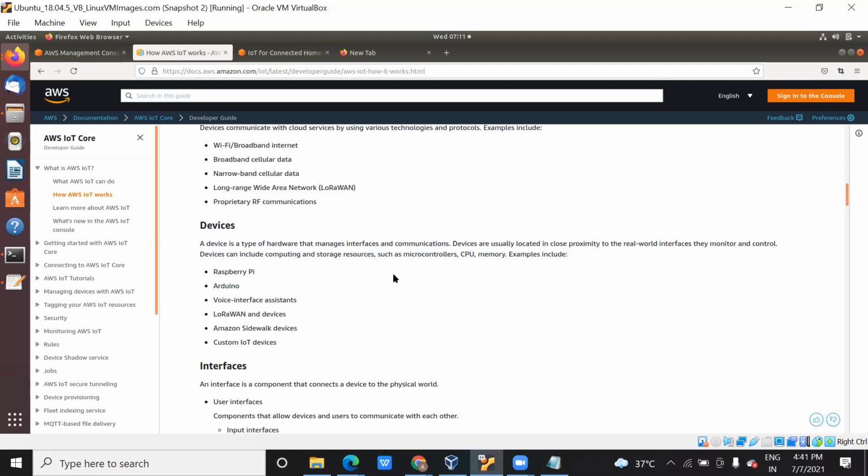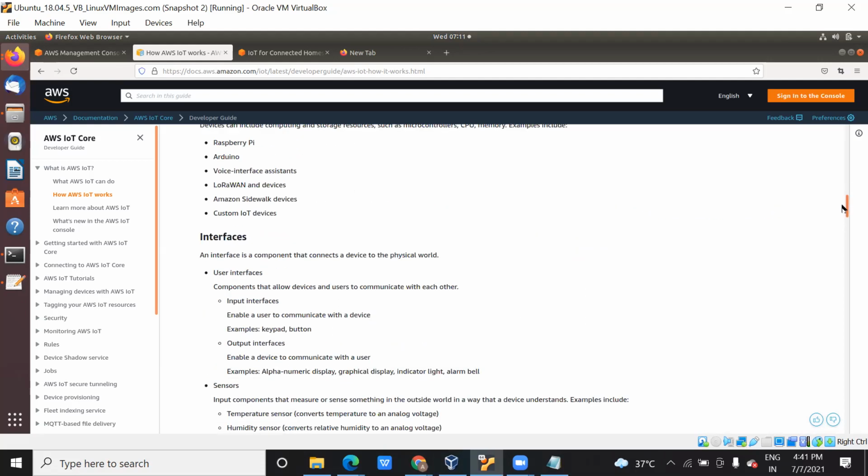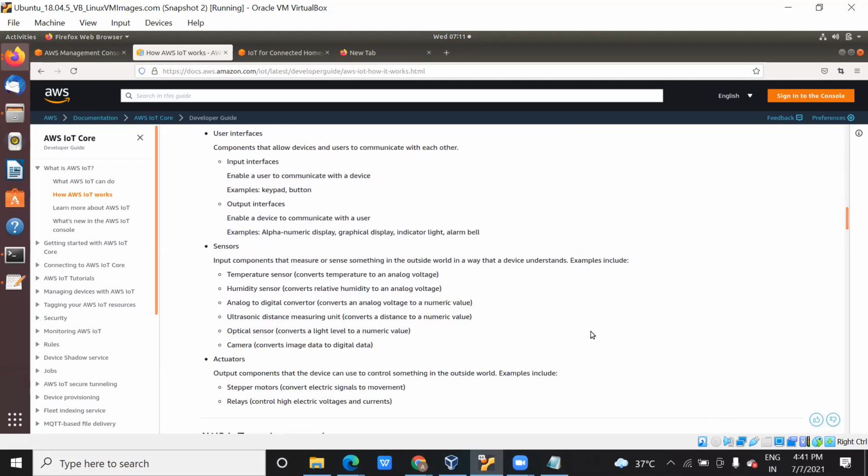So what hardware devices do we need when we do the configuration? Arduino, you might have heard about it, these WAN devices, custom IoT devices. This is more with respect to hardware, so we will not go deep on these hardware devices. We just need to connect these hardware devices with our AWS cloud and the database, so that the signal can travel to the cloud.